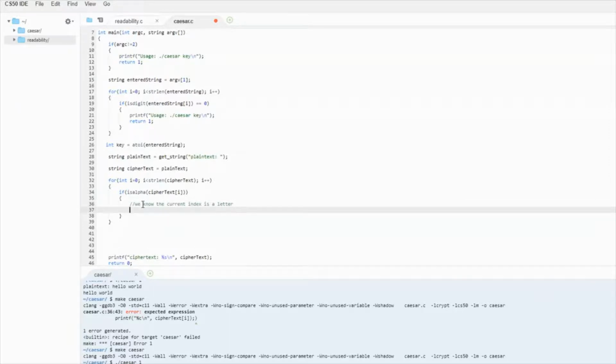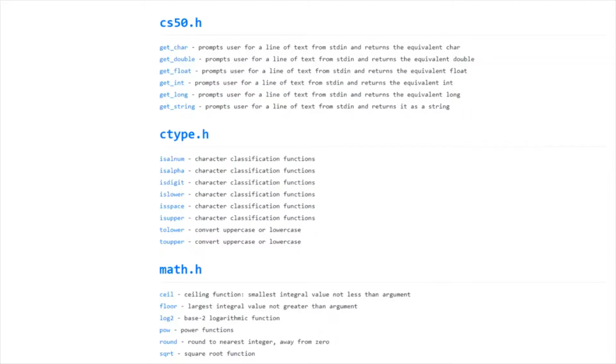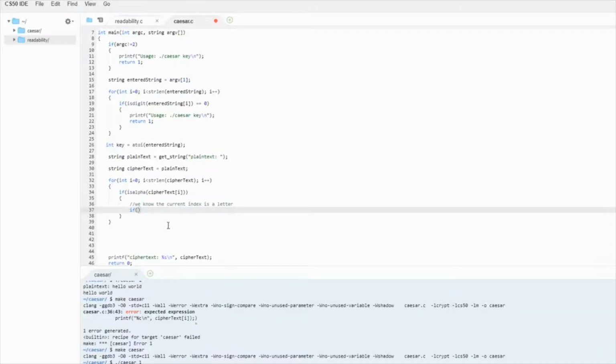So we can do an if statement to decide if it's an uppercase or lowercase letter. Once again, there's a function for this in ctype, is lower, so I'm going to use that. I'm going to pass in the current index of ciphertext we're looking at.